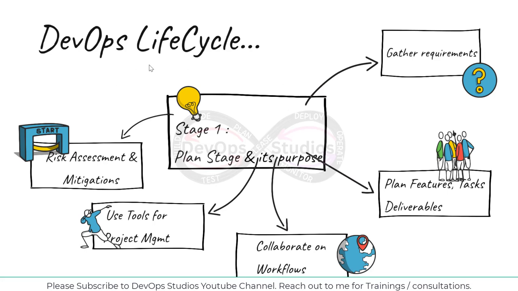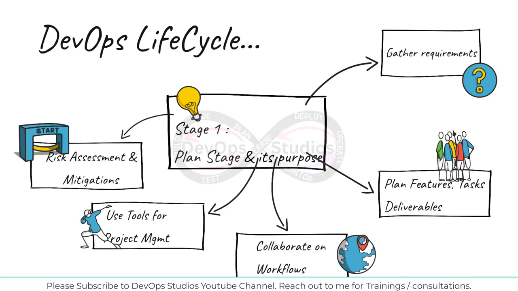So overall, you can see the DevOps lifecycle. So we start with gathering the requirements, and then we moved on to planning the features, the tasks, deliverables, and then we move to collaborating on the workflows, and then we find out the right tools for the project management, and then we move on to the risk assessment and the mitigations. So on doing all of these, what outcomes do we get? So by the end of the planning stage, the following should be in place. Say for example, a